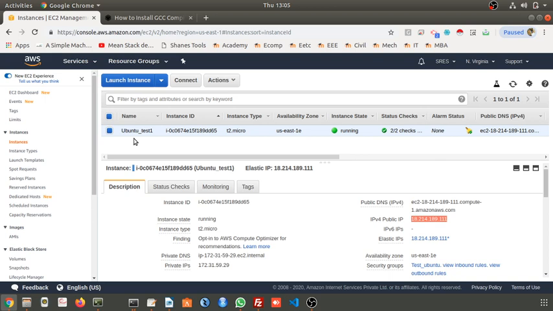So what I appeal is, after completion of this, you had better remove the instance and delete the IP address that you have created also. Otherwise